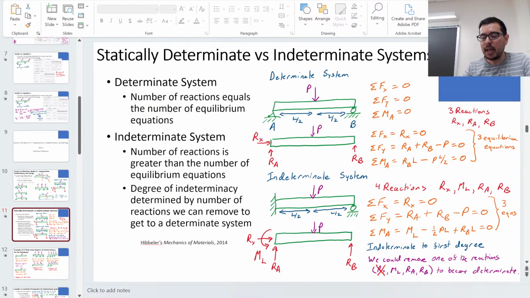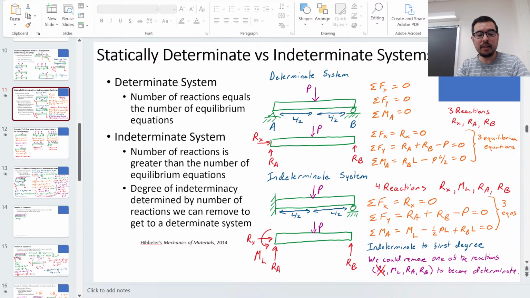These statically indeterminate systems are quite painful. Can you repeat that one more time? Just, statically indeterminate systems can be quite painful, okay, to solve. But I do like